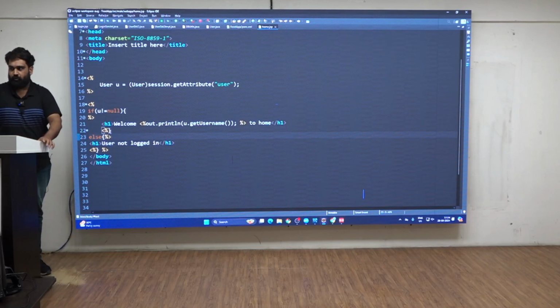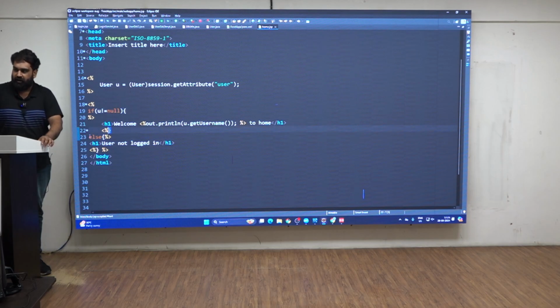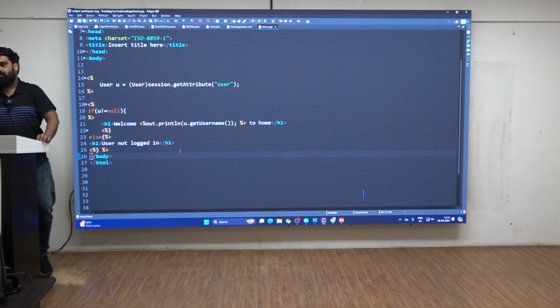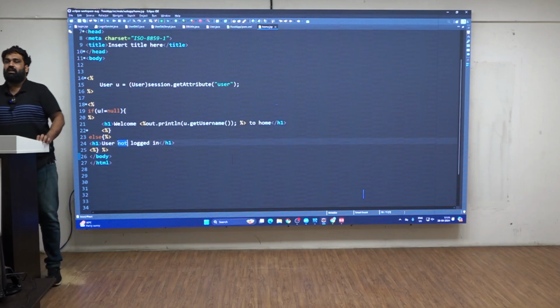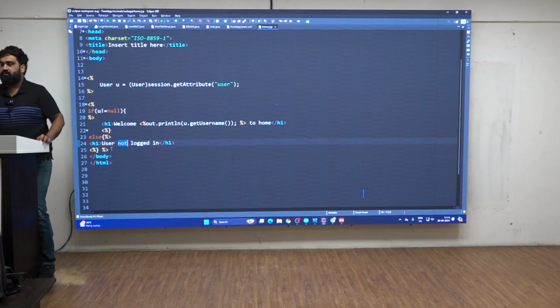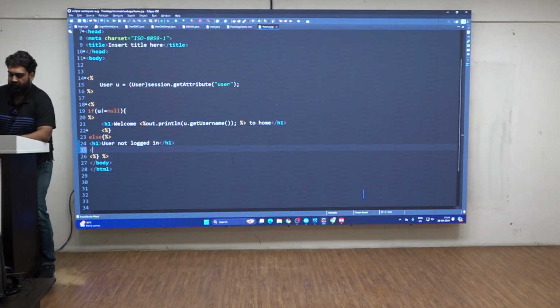So very simple, I have told here, this is a closure for the if block. Immediately else I have started within the same scriptlet. So once I do that, you can see here. Now I will say user not logged in. Below this, if you want, you can redirect by saying